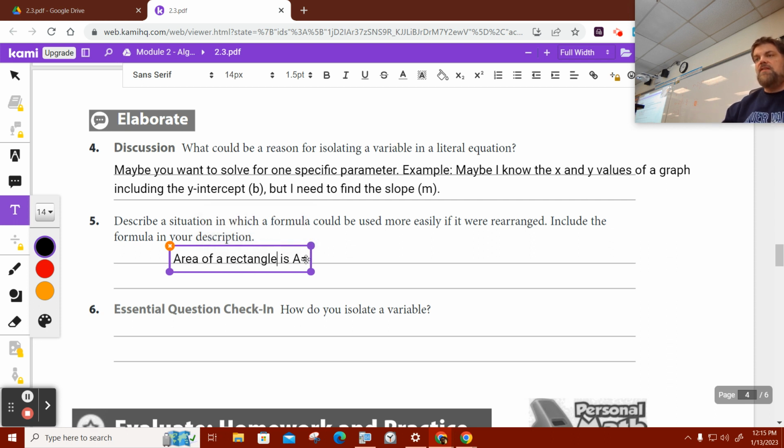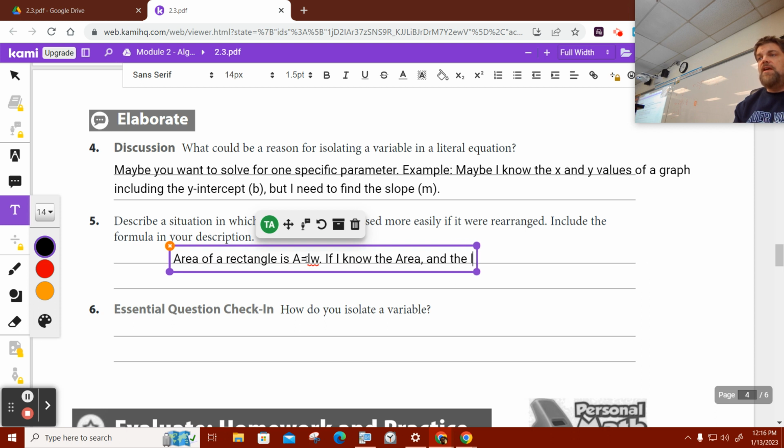The area is equal to the length times the width, or I'm just going to say LW. If I know the area and the length